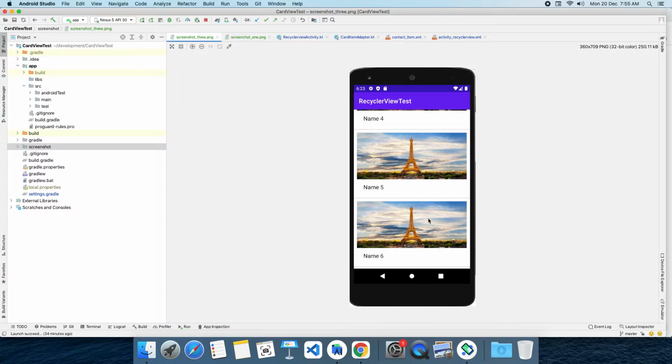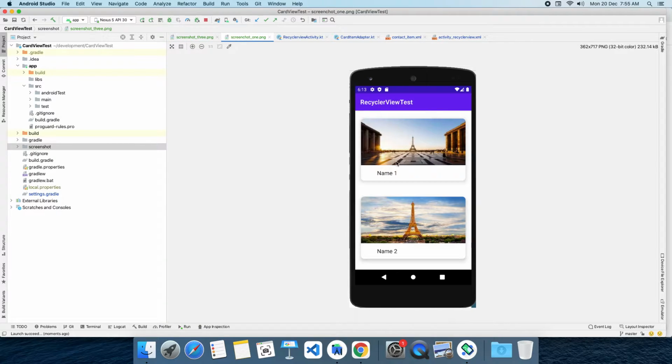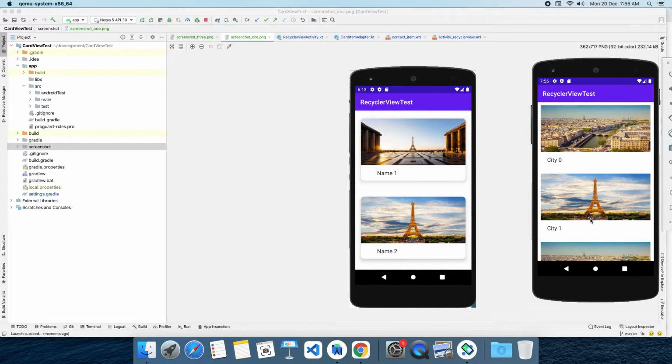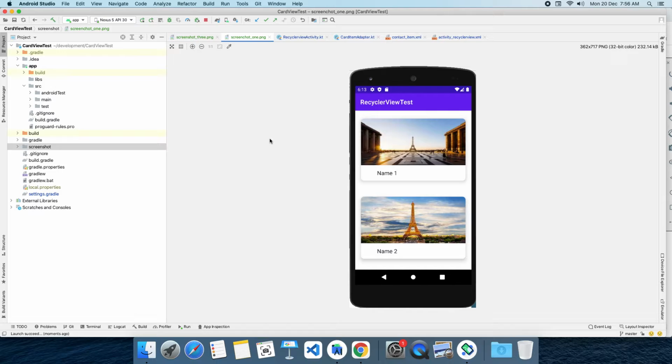Now in our code we have the code for this screenshot. We have this recycler view item. I'm running the app now. So this is the existing code we have, and we are going to convert this UI into this one using card view. See, this is our recycler view. Let's jump into the code part here.